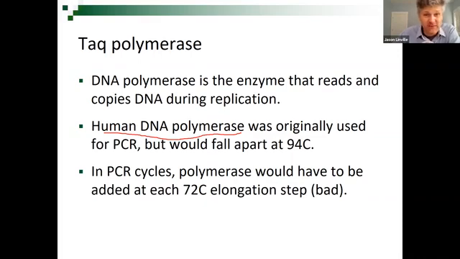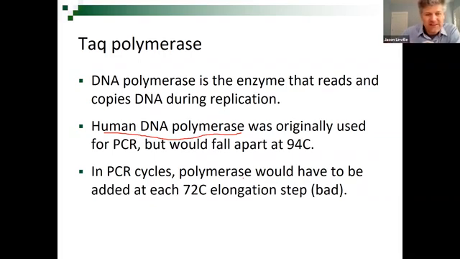It was expensive because polymerase does not grow on trees. Actually, it grows in our bodies, but anyhow, that's neither here nor there. It's expensive to extract and sell. So when scientists realized that human polymerase would fall apart and would have to be added at each elongation step, which was bad because it was time-consuming and expensive, they thought, okay, maybe we can find